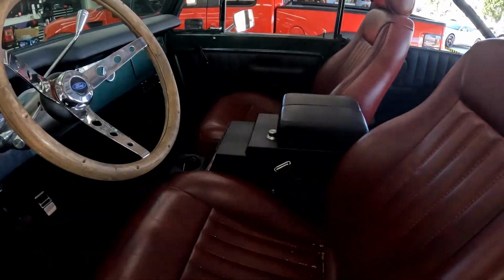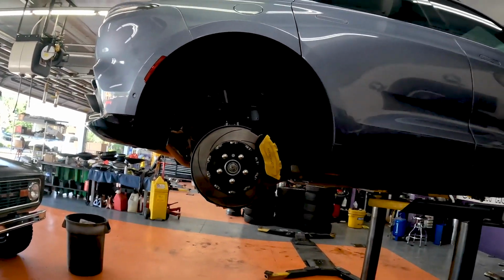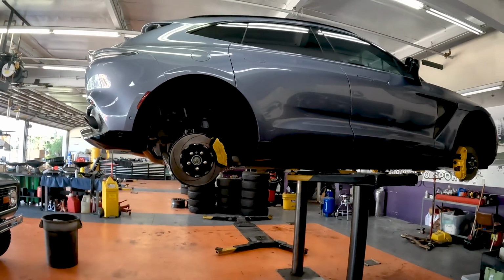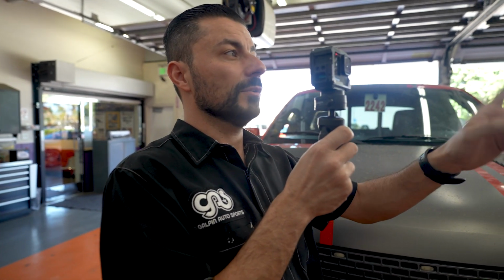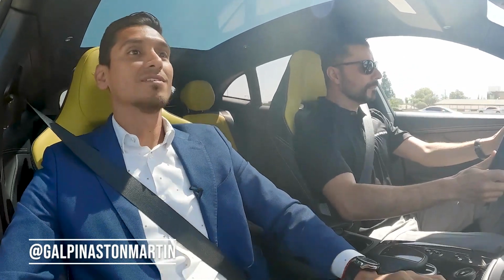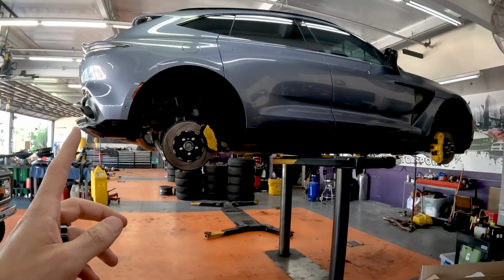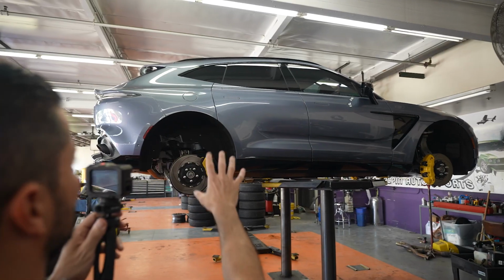This Bronco's buttoning up, so it should be done and ready to go home to its owner. And then we have a DBX here. So if you saw in one of our previous videos, we did a test drive with the 707, the brand new DBX. This is the previous model, which is the 550 horsepower unit, but nonetheless, a very impressive